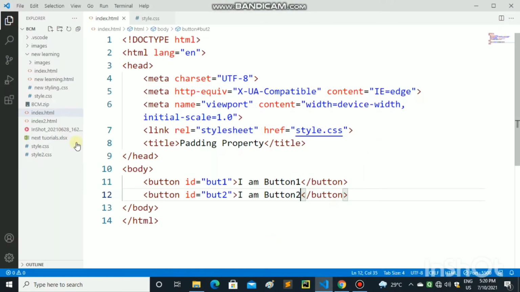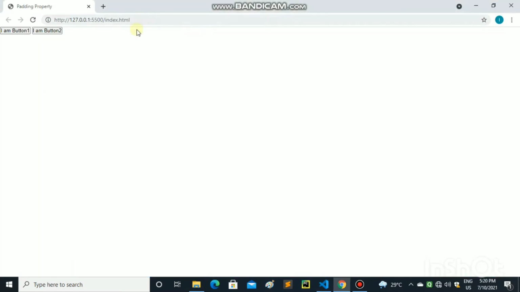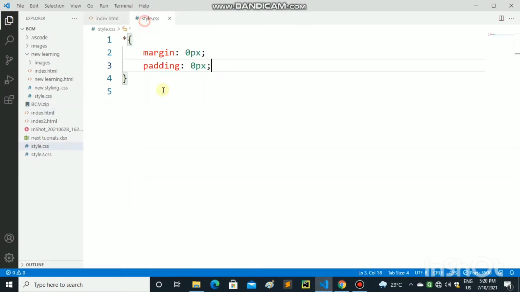When I open the browser you can see the two buttons inserted. If we use the padding property in these buttons, it will increase or decrease the inner part of the buttons. So let's use the padding property in the style.css page.